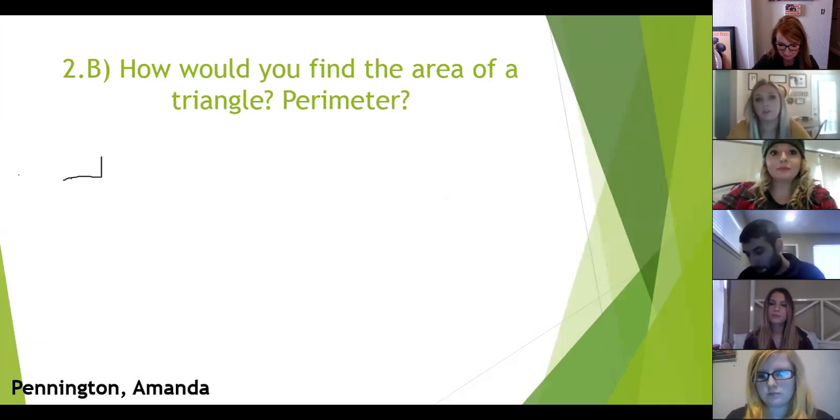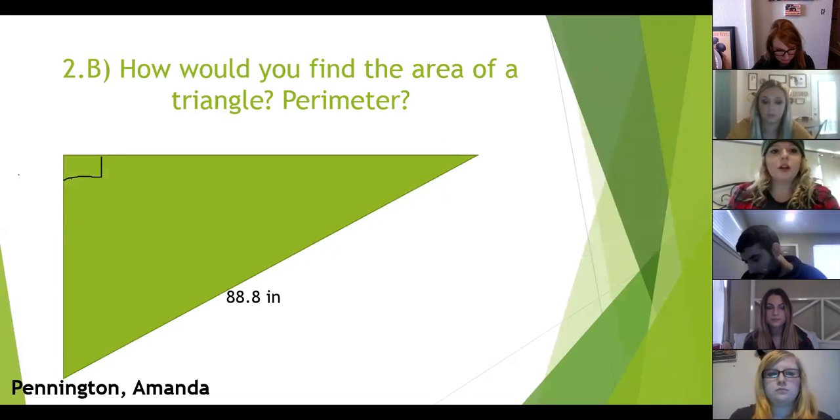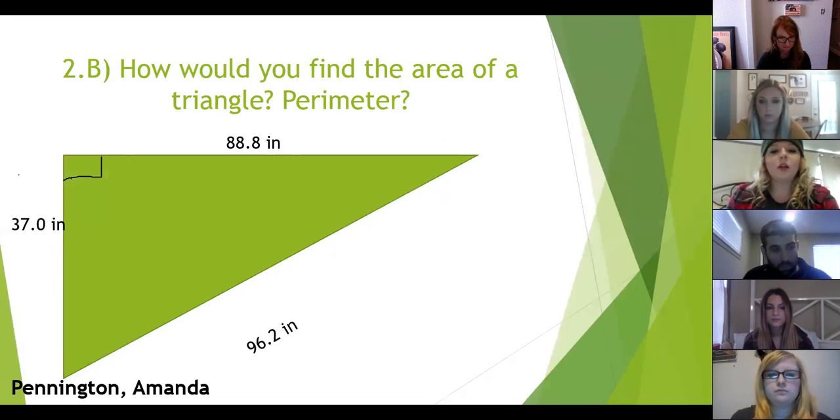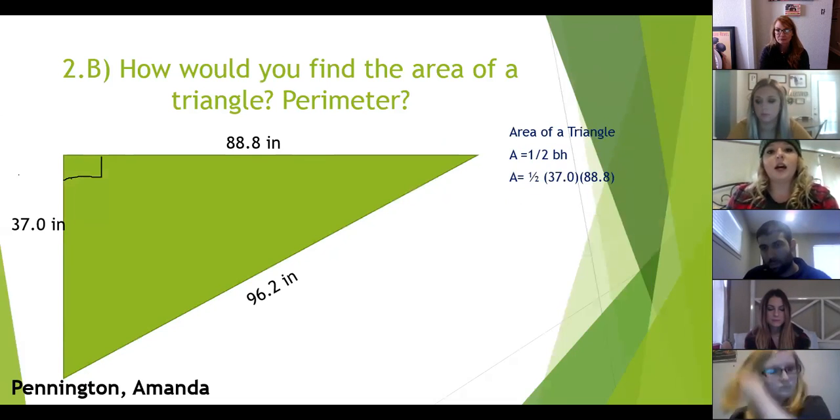Amanda, how would you find the area of a triangle and the perimeter? Alrighty, so with this question, we're going to look at this triangle, and we have all the measurements for these sides. We know that the area of a triangle is 1/2 base times height. So we know automatically that we're going to have to use the base and the height. So the base is 37.0 inches, and the height is 88.8 inches. And when we plug that into our equation, we're going to get the answer of